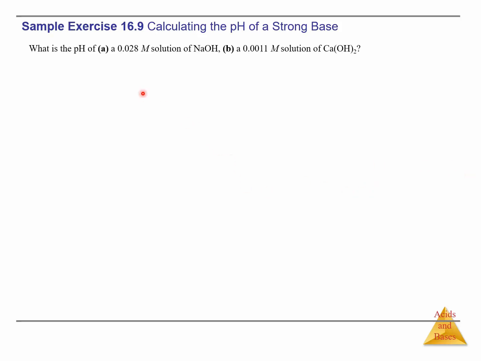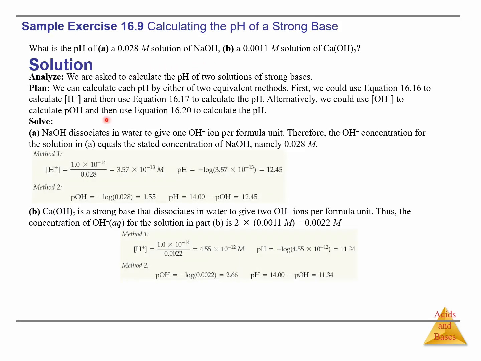What is the pH of a 0.028 molar solution of NaOH? Again, because NaOH is a strong base, the molar concentration of the base equals the molar concentration of OH-, and it's equal to 0.028. Then we can calculate H+. You remember from that relationship, H+ times OH- equals 1 times 10 to the minus 14. We divide this by this to get this molarity, and then pH equals minus log of this, 12.4. Or, another method, we can first find the pOH, which is 1.55, and pH equals 14 minus pOH,